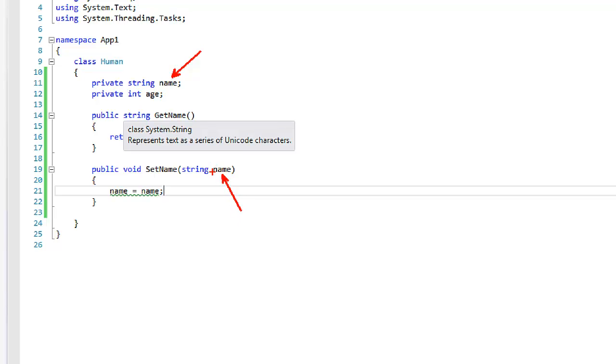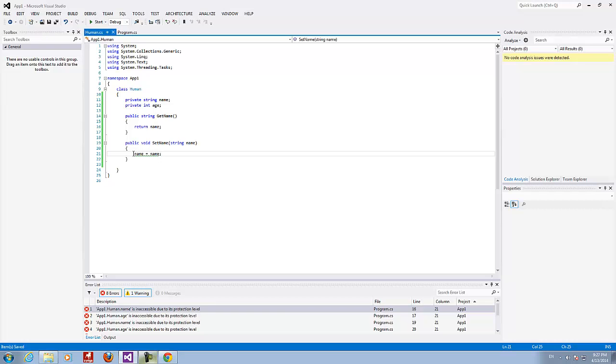In this case, it's on top of that a parameter, formal parameter, some people call it. Okay, how to solve this problem? Actually, this is called scope overlapping. And now the local variable overlaps the field. So, in other words, we're not doing anything here. The assignment is made to the same variable. It doesn't make any sense.